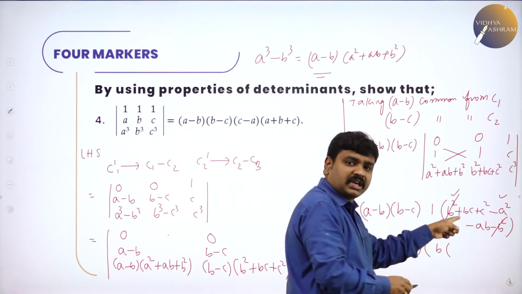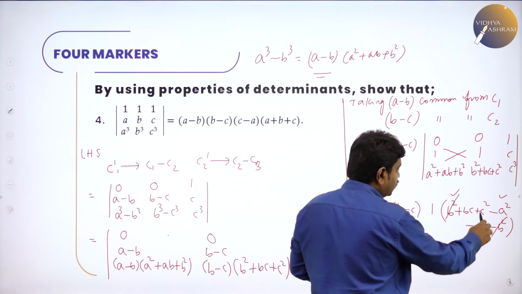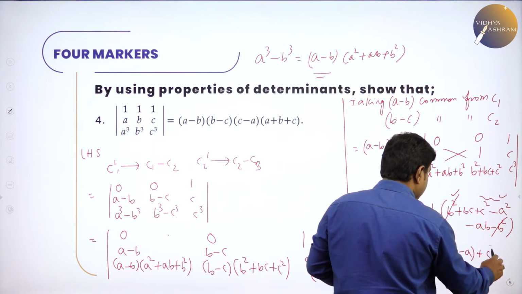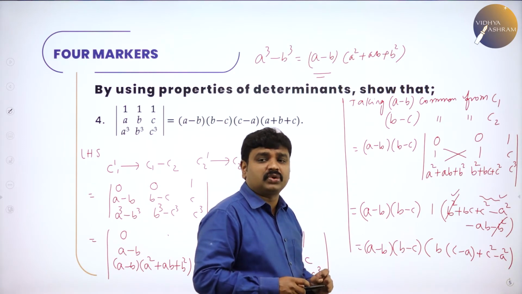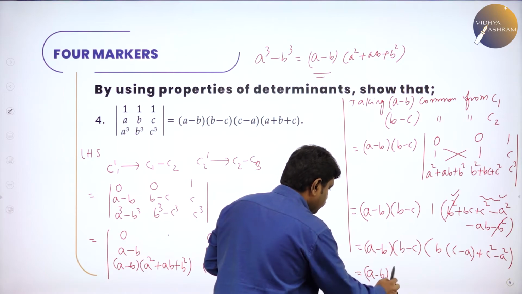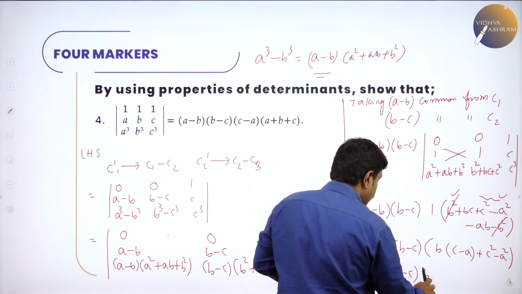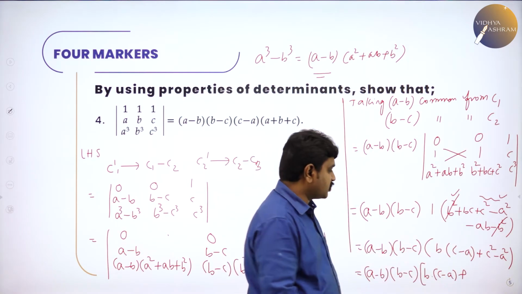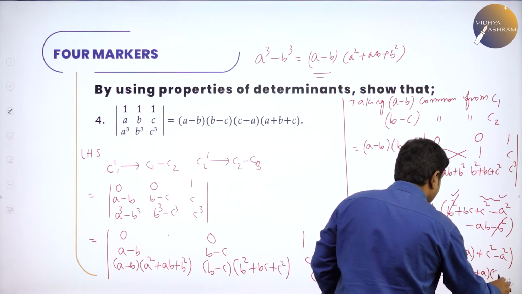So BC minus AB, I will take B common. If I take B common, what is left out? C minus A. Then we'll have here these two, group them, C square minus A square plus C square minus A square. Further, A square minus B square can be written as A plus B into A minus B. Going ahead, now we'll write A minus B. Then I'll write B minus C. Then I'll write B into C minus A. And this is C square minus A square. C square minus A square can be written as C plus A into C minus A. C plus A into what? C minus A.